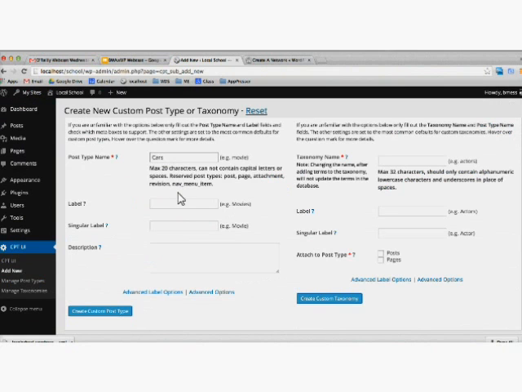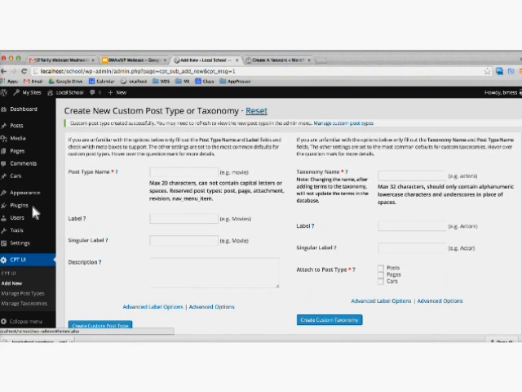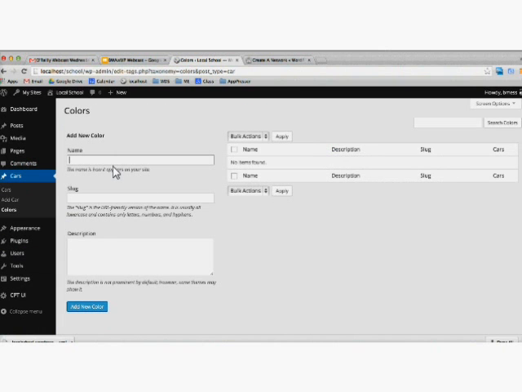Cars, cars. I could create that, and you'll see that it actually adds a new item here like this. So if I wanted to create a taxonomy name, I could do color, right? And color, and I'm going to attach this to the cars post type. All right, so I'll add that, and now you'll see I have this category basically called colors,